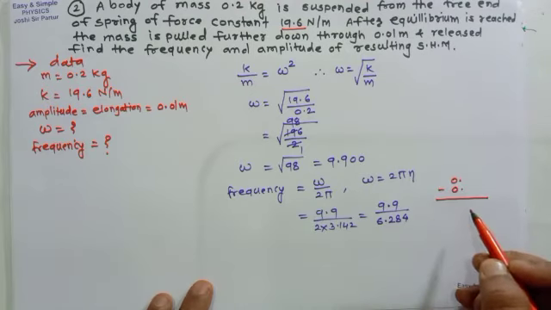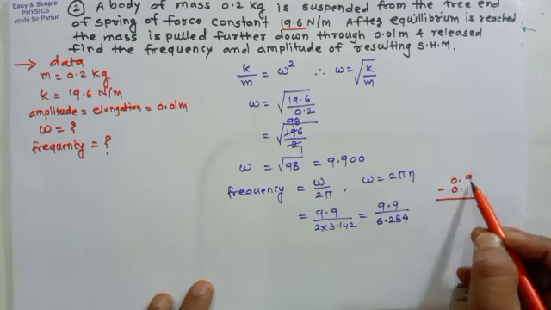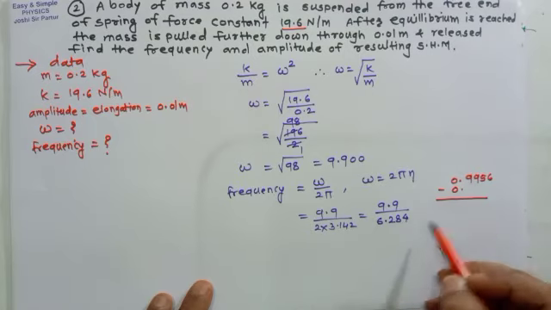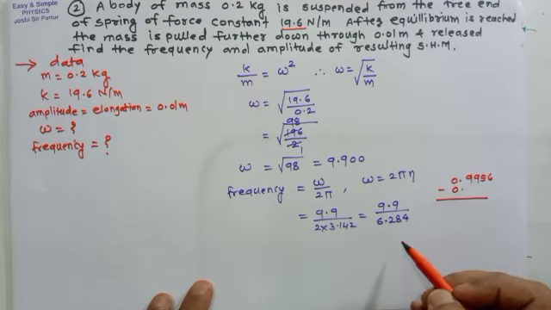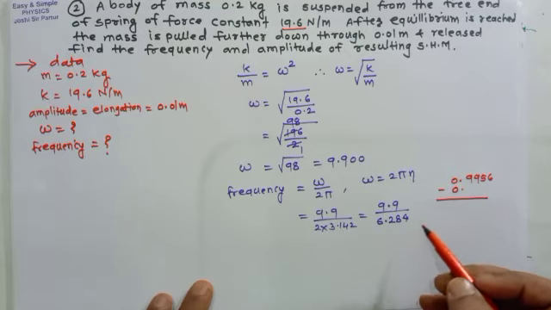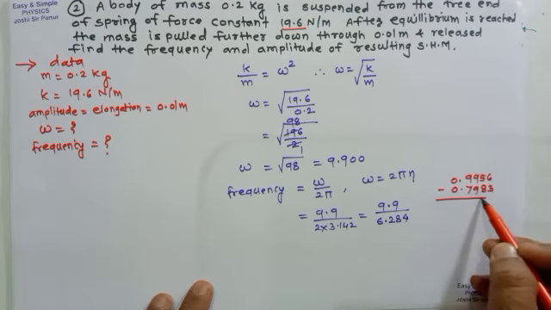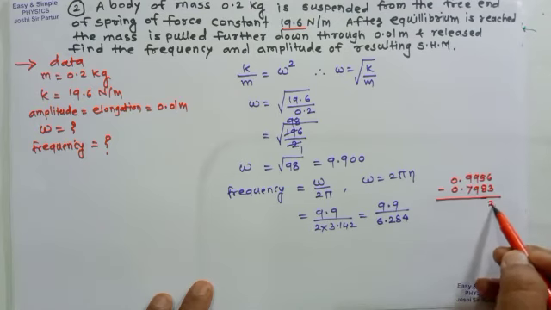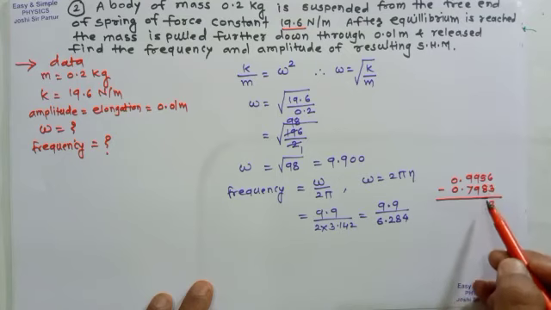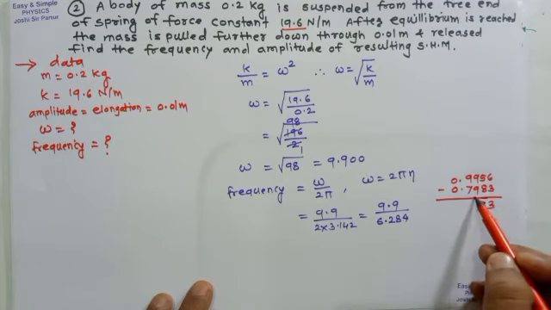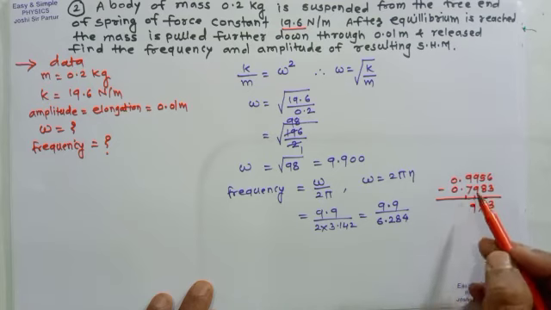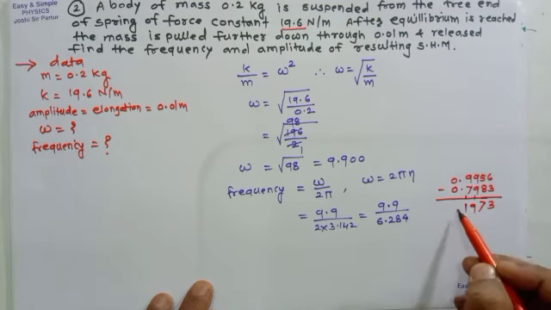So 99 in 9, it will be 9956, and 62 in 8, 4 in mean difference will be 7983. So 3 is subtracted from 6, 3 is remaining. From 15, 8 is subtracted, 7 is remaining. From 19, 10 is subtracted, 9 is remaining. From 9, 8 is subtracted, 1 is remaining.